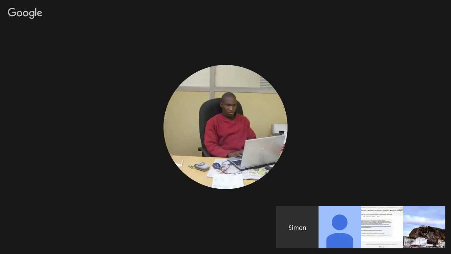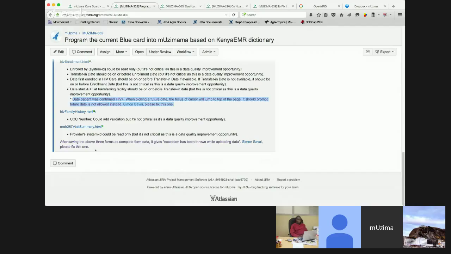Yeah. So the latest module you install will be the mUzima core module. And for the registration, I think I will need to generate from the latest code repository, because remember, for the Kenya EMR we have a few different changes not within our mUzima modules. Okay, so if that's the case, I will let you update the modules then. Yes, I think I can update after the call. Okay, sounds good. Yeah.